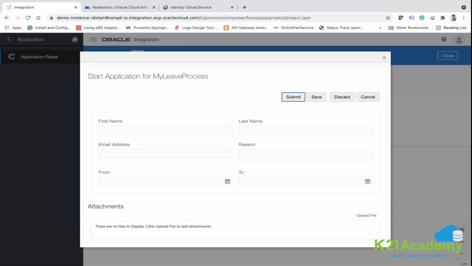Now your process is ready, your form is there, and here you see the form, and the submit, save, discard, cancel buttons will be there automatically.